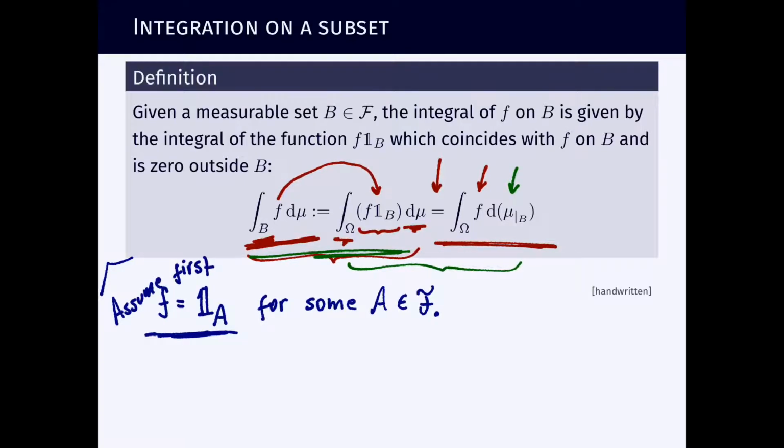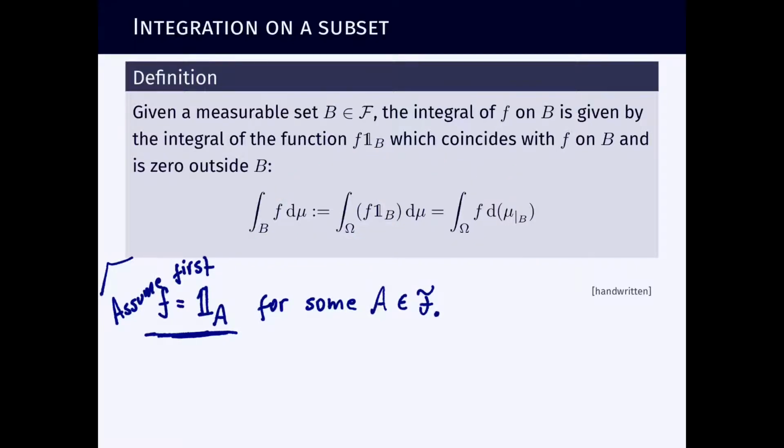And in that case, what we need to prove is that this integral equals this integral. And, well, how can we prove that? We just expand what each of these integrals would give. So the first one here, what is it? What is the integral over omega of f, substituting here, instead of f, the indicator function of a set A times the indicator function of a set B, with respect to a measure mu. So what is the product of two indicator functions? I'll let you think about it.